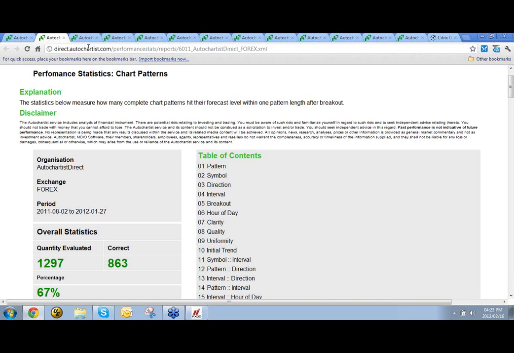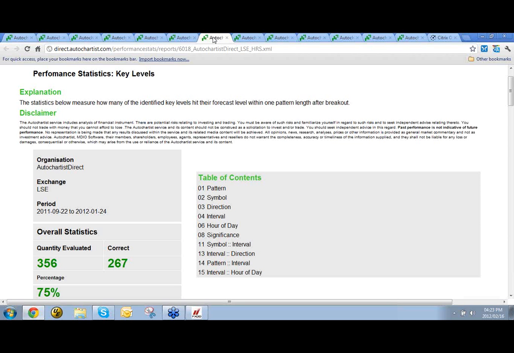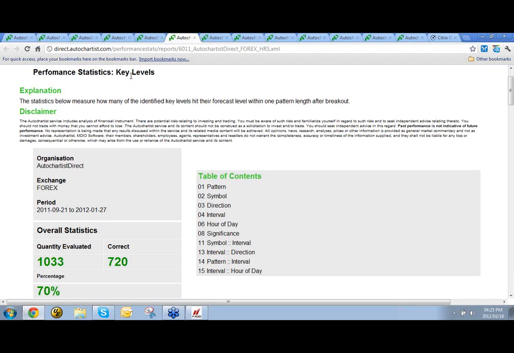Now, that's for chart patterns. I wonder if I've got some key levels. Here we go. This is statistics for key levels. That means breakout key levels that have broken through either support or resistance and whether they hit their forecast level that we said, and that for the forex market, since late September, we identified just over 1,000 of them, and 720 were correct, which is about a 70% hit rate, success rate for key levels on forex. And of course, we have